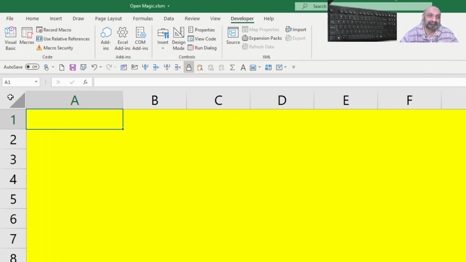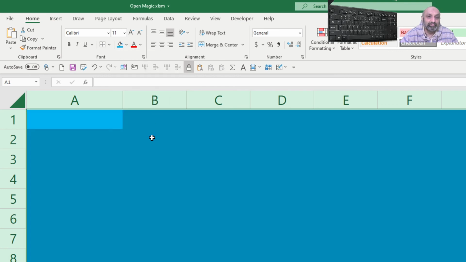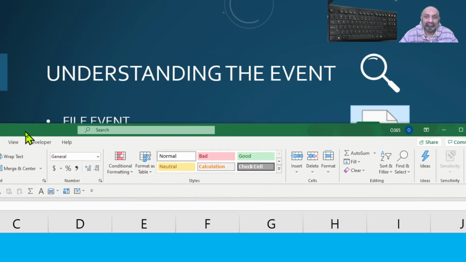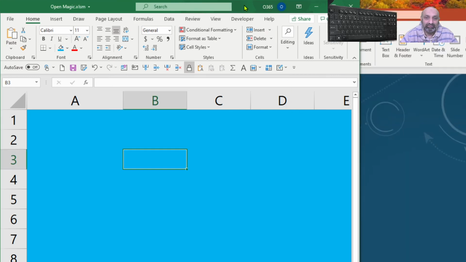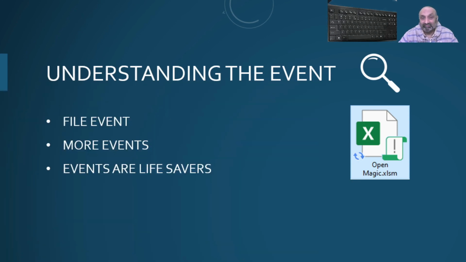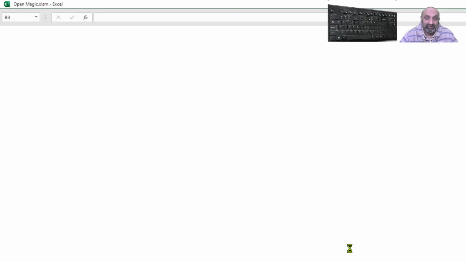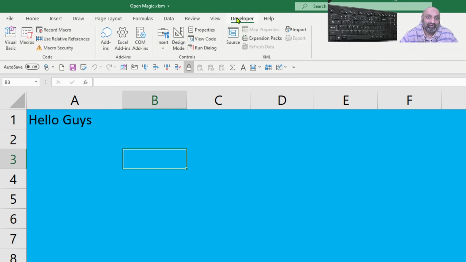For example, if I turn it to blue and I close my workbook, I haven't done anything, just close it. Excel doesn't ask me whether to save changes or not, but if I open it up, that should be blue. Yeah, changes automatically saved.